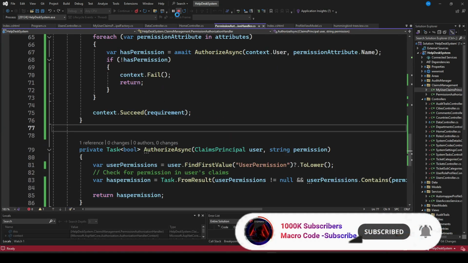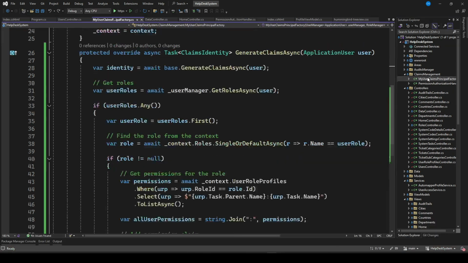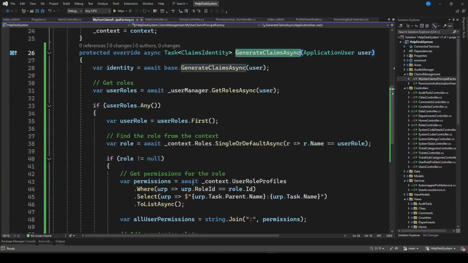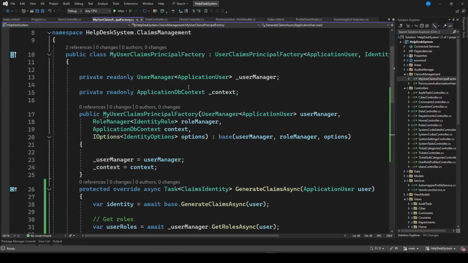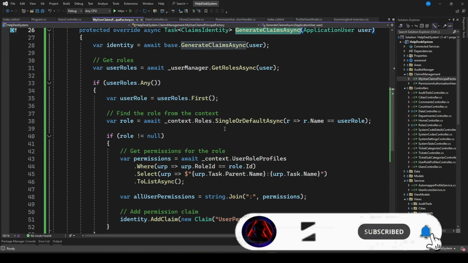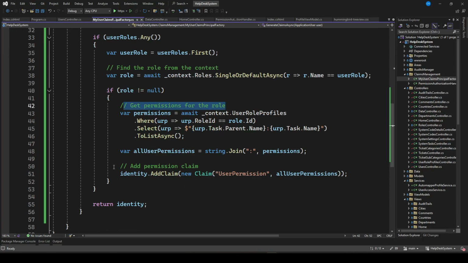So for those who are new to this channel, we were able to create a claims management, and we are using my user claim principal factory. This will actually generate all the claims, and you can see here we were able to get the permissions for the role. I've actually refactored this, so if you want to see how it looks, this is how the my user claim principal looks. So you have the generate claim async. This will get the roles, get the permissions, and you can actually add that claim with